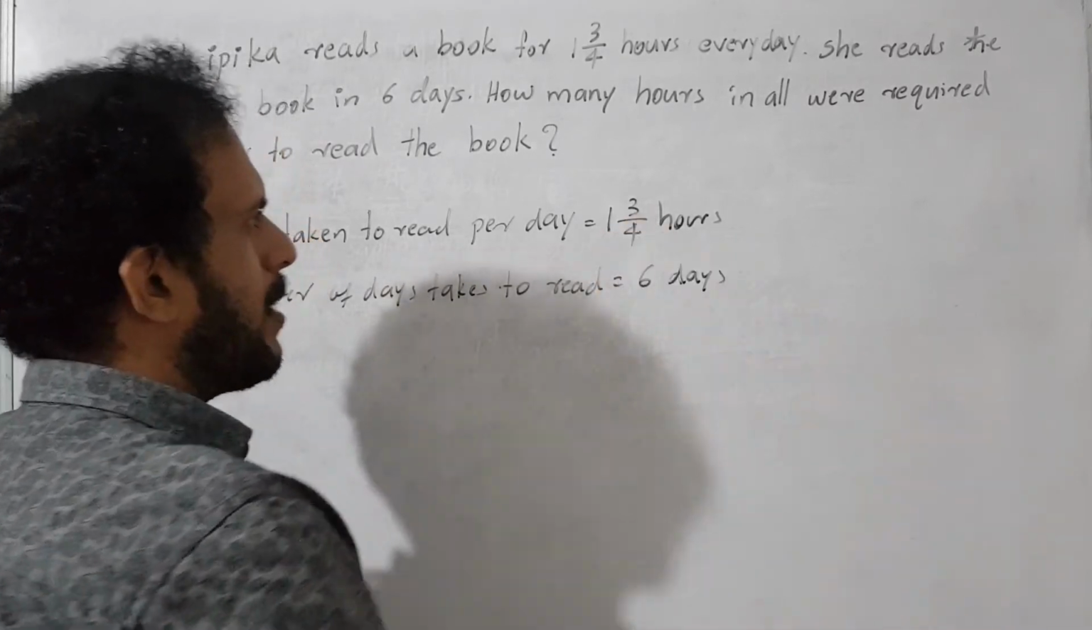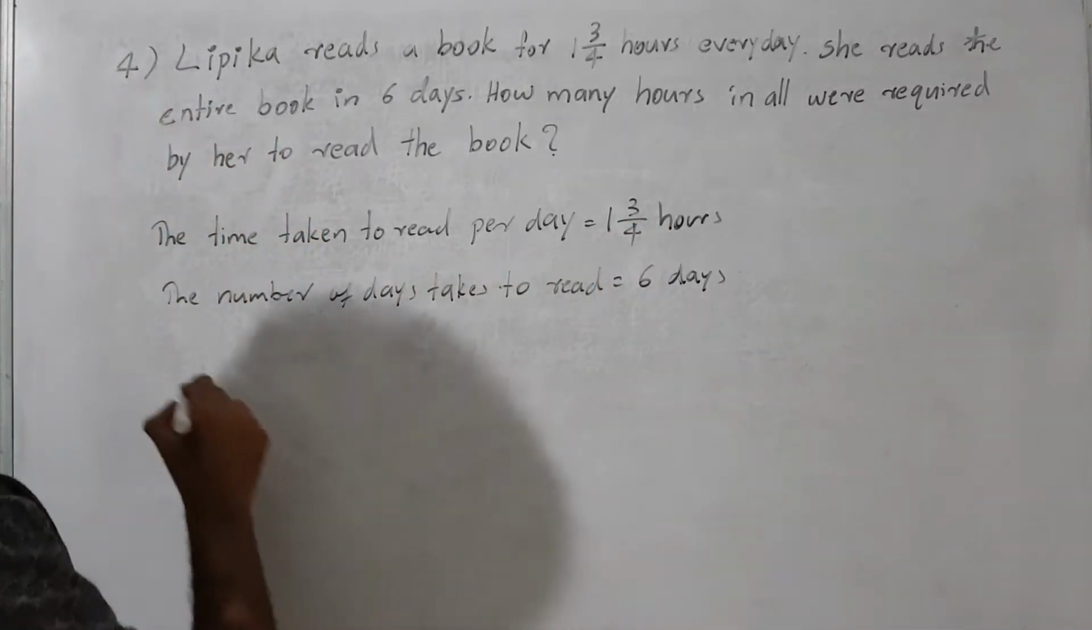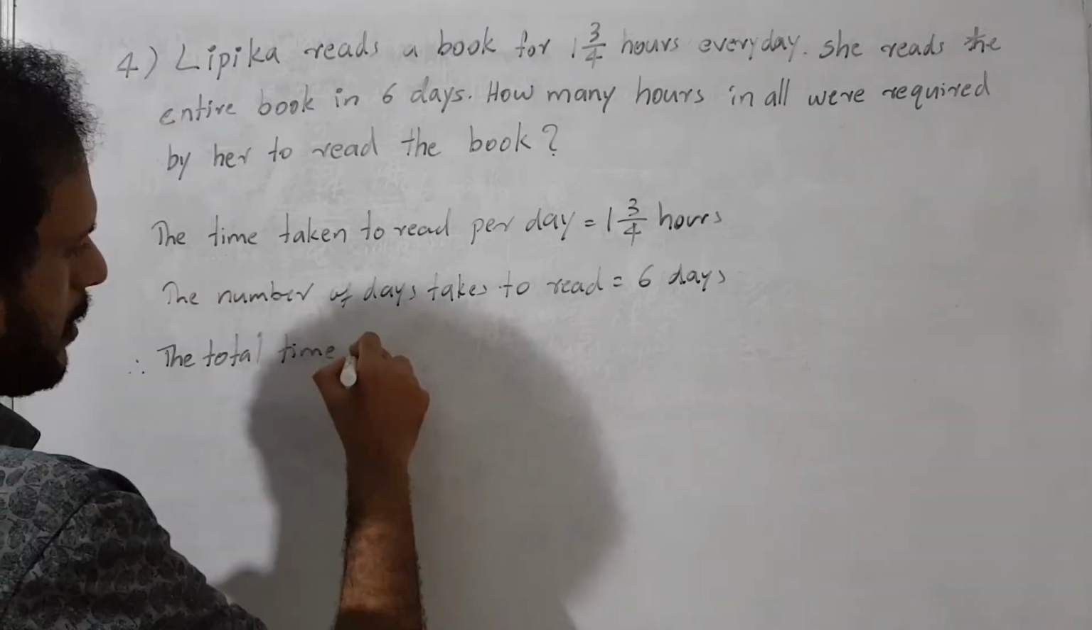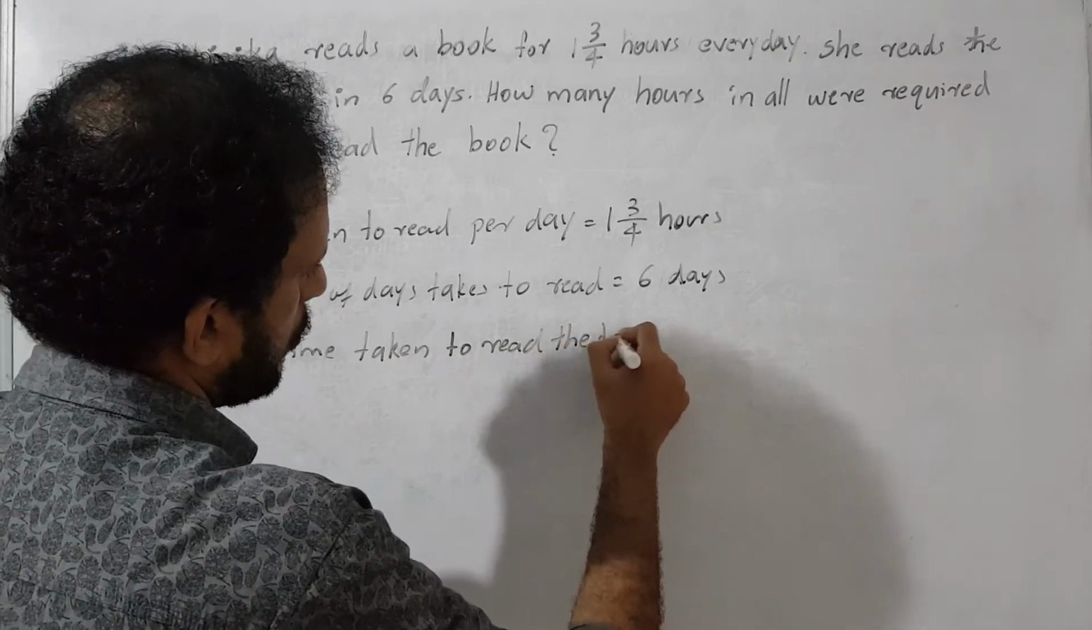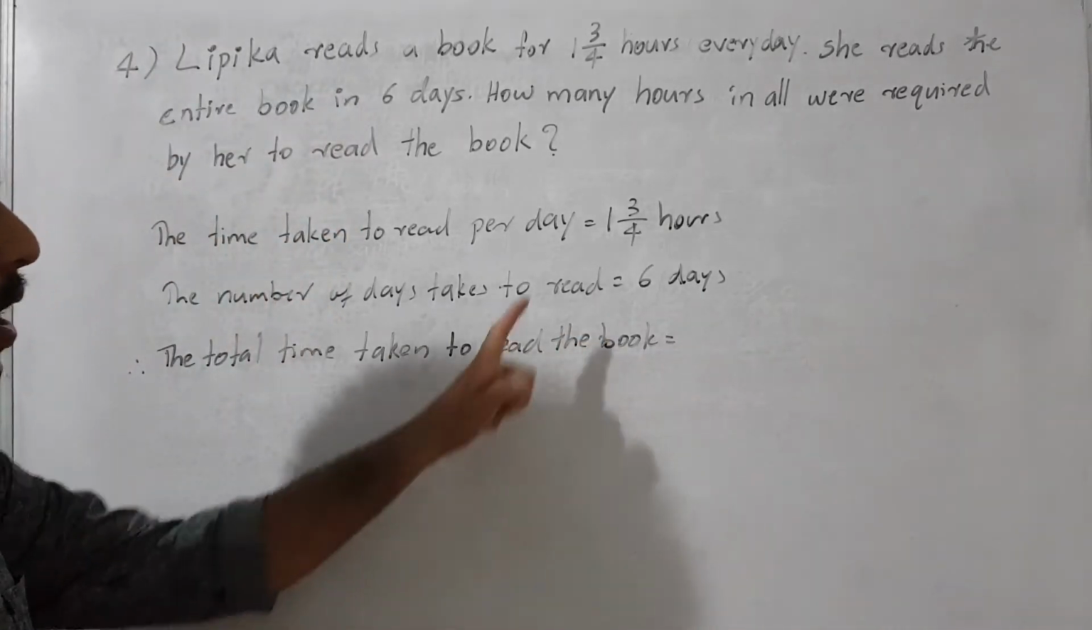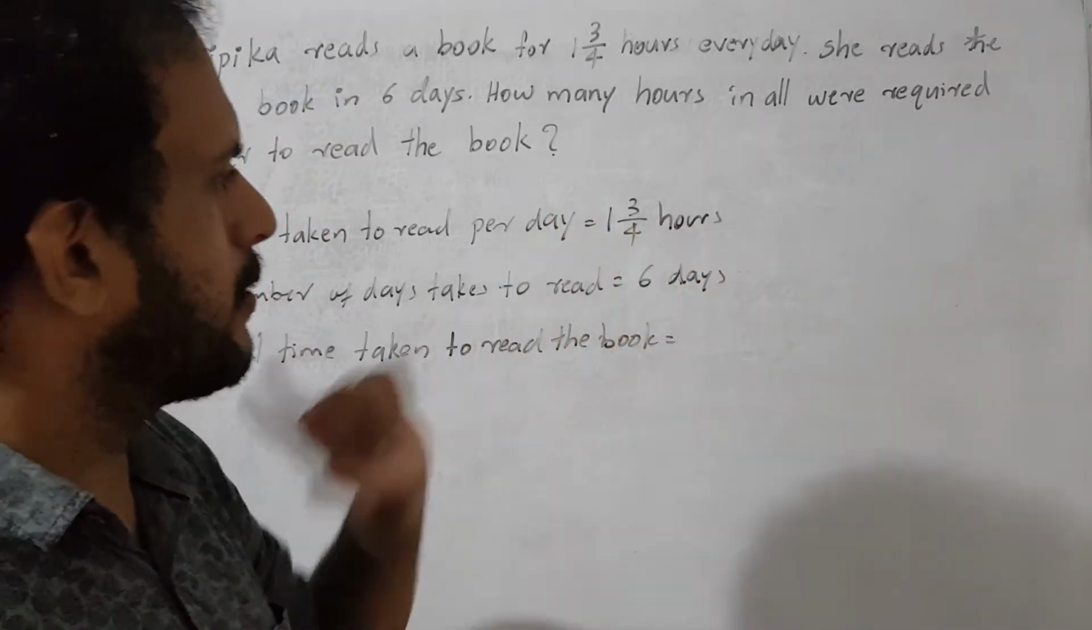6 days. So what is next? Therefore the total time taken to read the book is equal to,